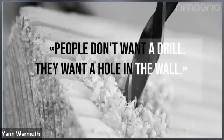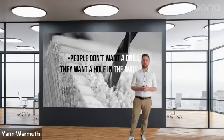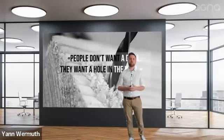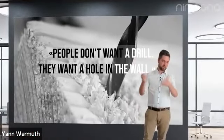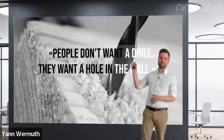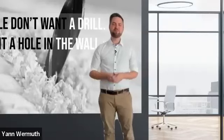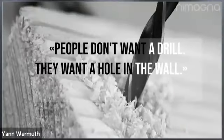So this is where jobs to be done thinking comes in. What does it really mean to go beyond the generic understanding of your stakeholders? One very important quote that captures the logic that we're also going to show you in a couple of cases later on is this quote by Ted Levitt: "People don't want to drill, they want a hole in the wall." So this is a logic that we apply when we work in MedTech, which basically means also